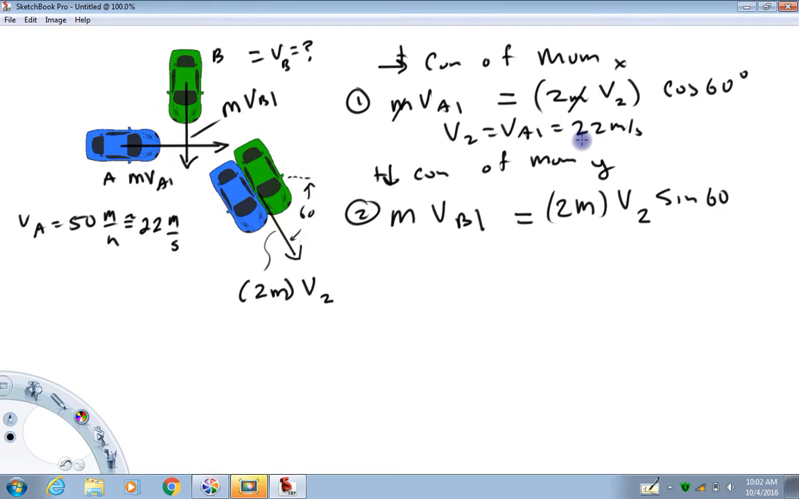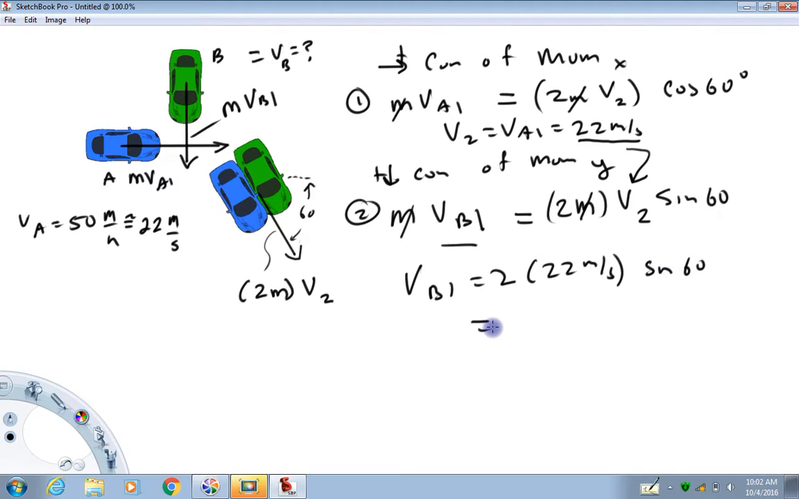Now that I've got V2, I can take that value, sub it into the second equation, and calculate VB1, keeping note that these divide out. So VB1 is going to equal 2 times V2 at 22 meters per second, times the sine of 60 degrees. And what I get out of that